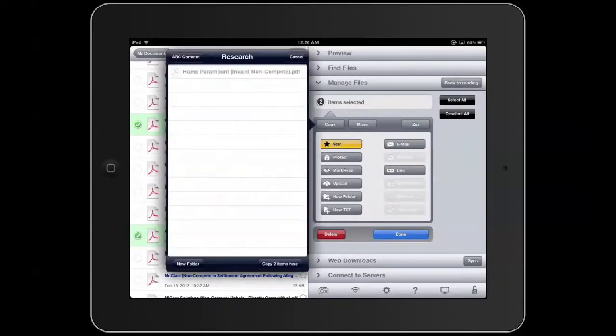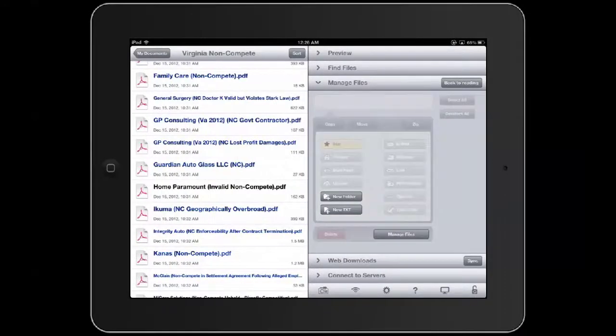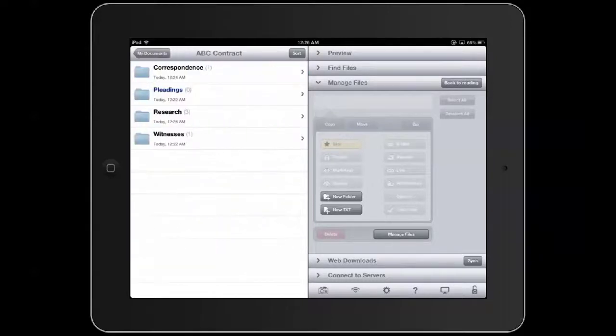Because really, as lawyers, we traffic in information. We don't traffic in paper. And so everything can be done electronically within the GoodReader app. I'll return to ABC Contract, and I'll